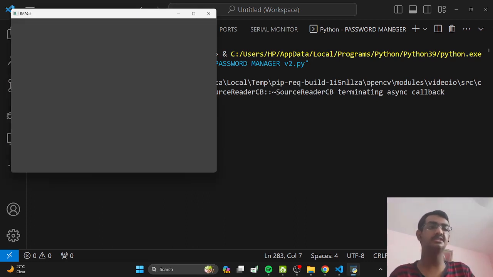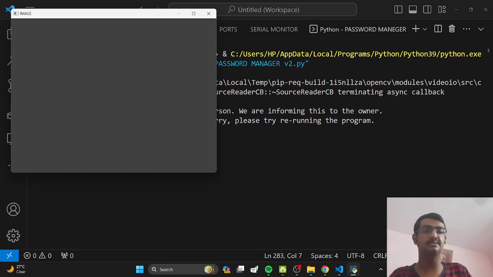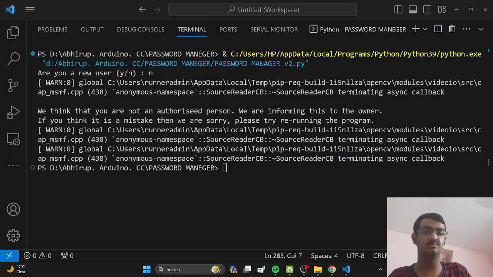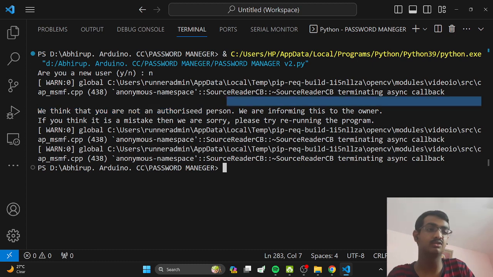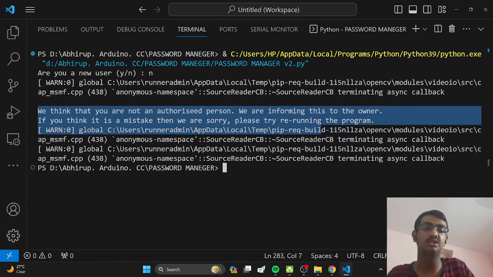So it will click my image and send it to the registered emails. It is clicking my image. This is the program that I have made to store all the passwords of any person who recently forgot a password, and it can act as a multi-user program, as many people can store passwords. So it is writing that we think that you are not an authorized person. We are informing this to the owner. If you think it is a mistake, then we are sorry. You can try